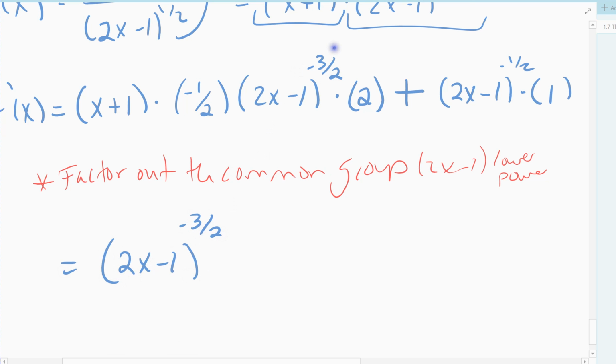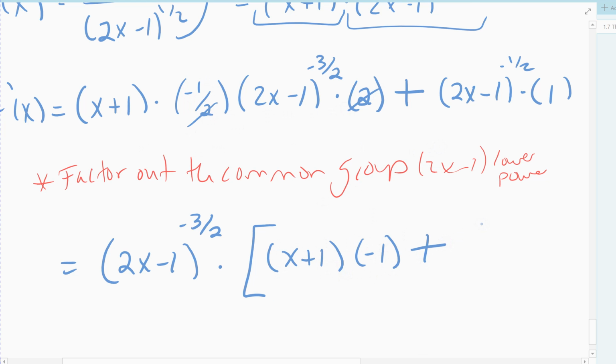Negative 3 halves is smaller than negative 1 half. And then what's left over? Well, in the first term, the negative 3 halves term's gone. I'm left with this group, x plus 1, and then this 2 will reduce with that 2, but I do have a negative 1 left over. So I've got x plus 1 times negative 1 in the first term left over,